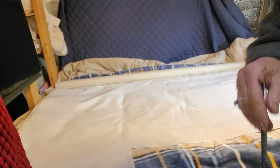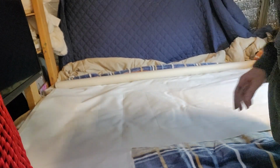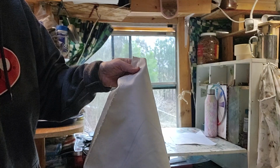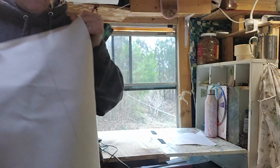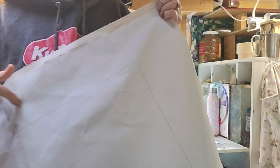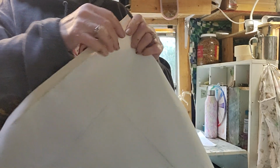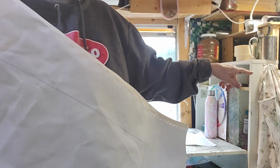Okay, and then I'm gonna cut that and I'll show that to you. Okay, so this is what it looks like. You see there's an outline here, which is 18 by 24, so I know where to stop with my painting. I'm also going to put a masking tape right here to mark the line, so if I paint over I just get a little bit of masking tape. And then I can either tack this up here on the wall, which I don't have enough wall space, so I have to tack it over there on my